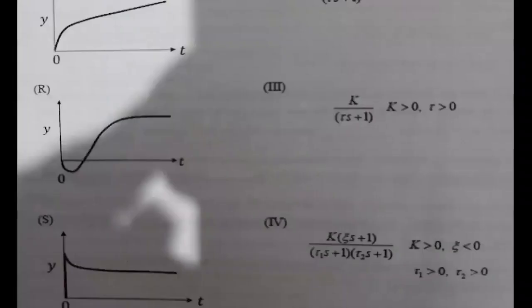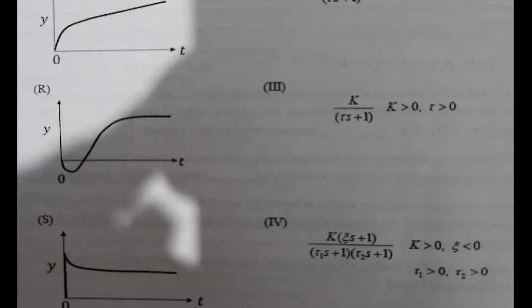First of all, if you see R, that is your third option, R, that is an inverse response equation, right? That can be correct only for option, which option? Option 4. R, the answer should be only 4, because it is an inverse response equation and that will be valid only for this, right? Because tau 1 s plus 1, tau 2 s plus 1, right? So you can understand it.